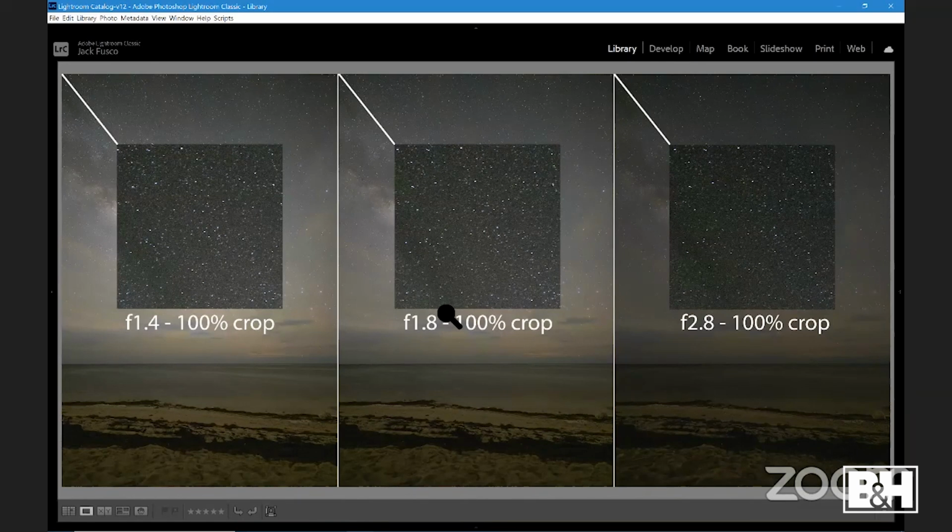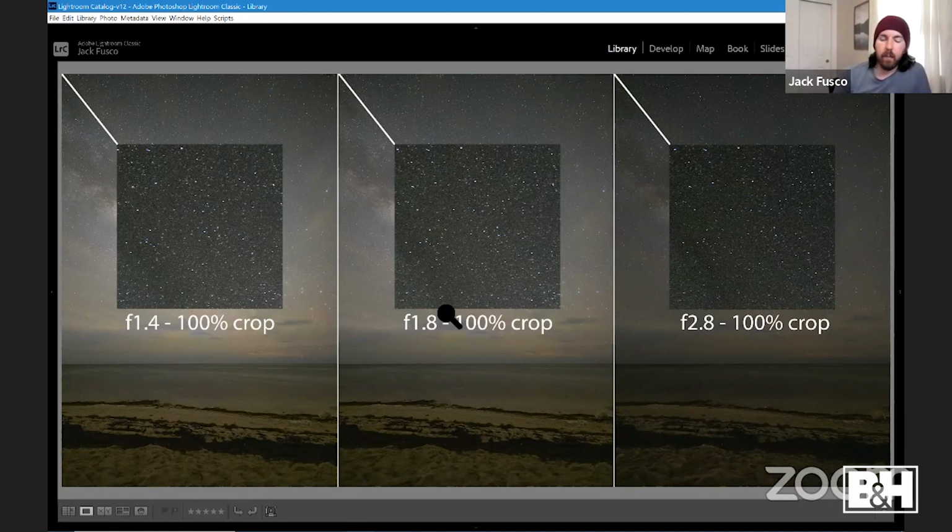What is on your checklist of things that you're looking for when you get your hands on a new piece of glass? Yeah, so the first thing, when I'm heading out, basically I try to put it through a checklist. The corners are almost always the first thing that I check. How does this lens perform at its widest aperture? Because if it isn't usable at f/1.4, then maybe you get a better quality stop down,